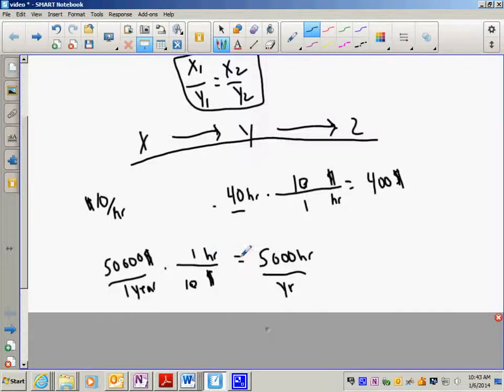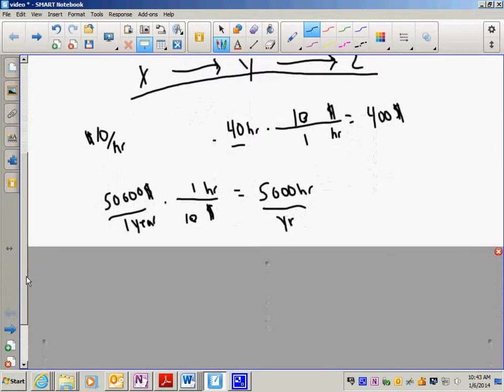Now, in this case, notice that my relationship is backwards. It's upside down, reciprocal. So, how do I know the 10 goes in the bottom? The dollars cancel, dollars to hours, and 1 hour equals $10. So, your units are in the right spots, and make sure your relationship makes sense. You're equal. Either way, 50,000 divided by 10 equals 5,000 hours. I don't even know that's possible to work 5,000 hours in 1 year. Okay. Either way,